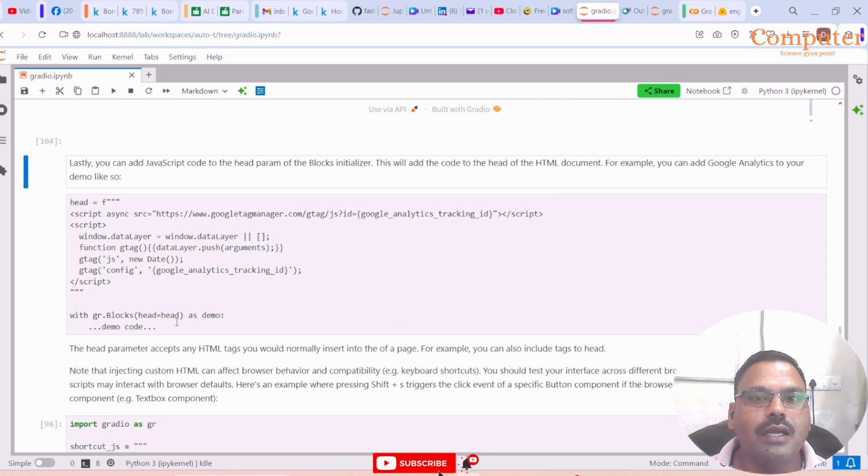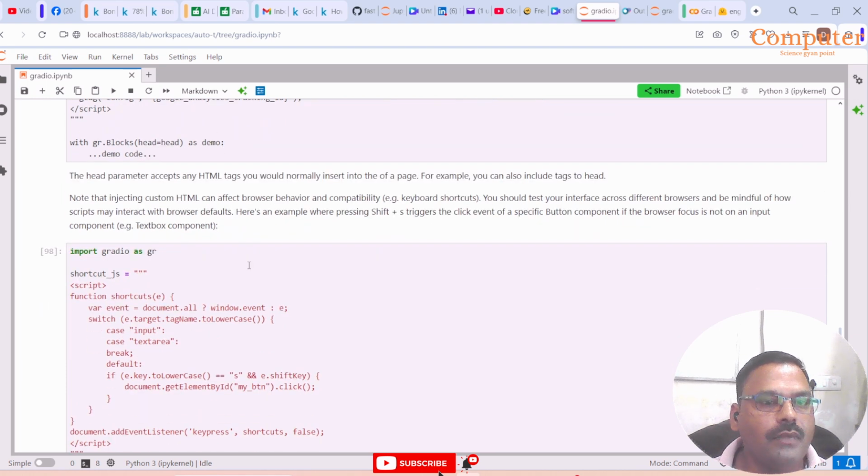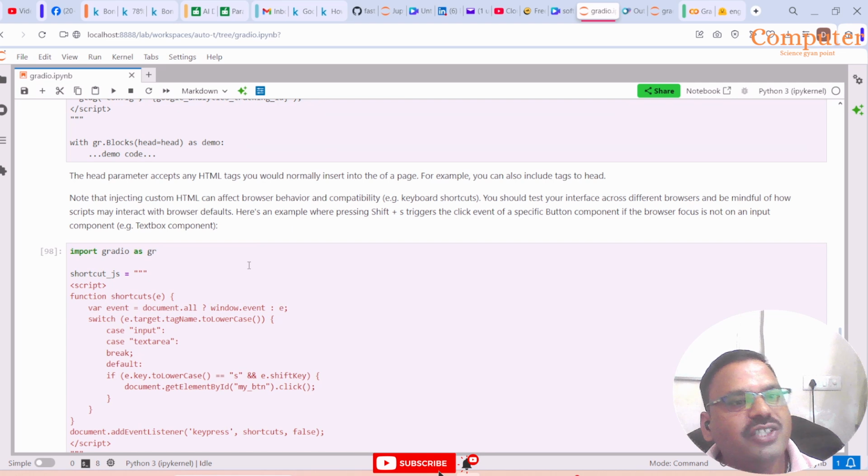You can use HTML also passing as a head. So you have the power to add HTML. You can add to the head parameter any HTML tag you would normally insert into a page. You can include it into the tag as per your requirement. Injecting custom